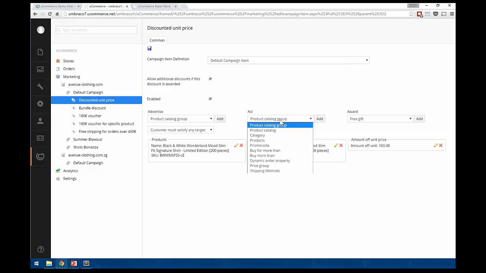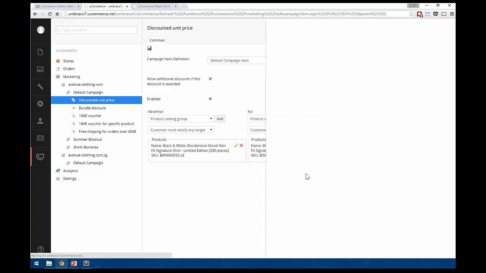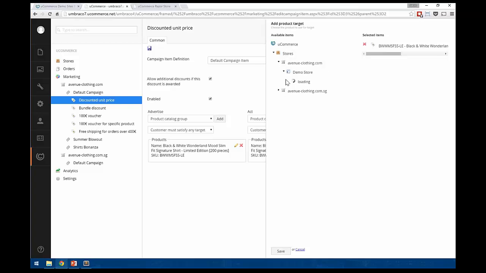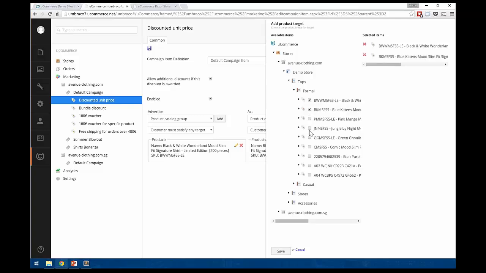In the acts side of things, we've added a few new targets here. So one of the things that we did is we made most of the targets here multi-targets. So you notice here that it says product. So in the old versions of uCommerce, you could select one, and if you wanted more, you actually had to go and set up a bunch, right? But the way it works today is that you can now select multiple products. So if I expand here, rather than just having the one, I can now go and say, well, I want the customer to be able to buy one of these ones here, and either of these will actually trigger the discount for you.